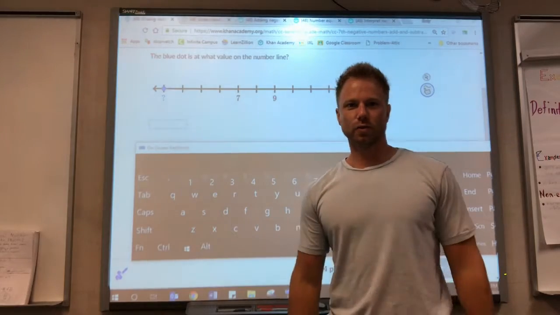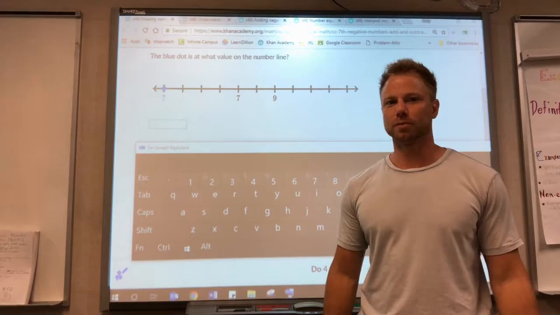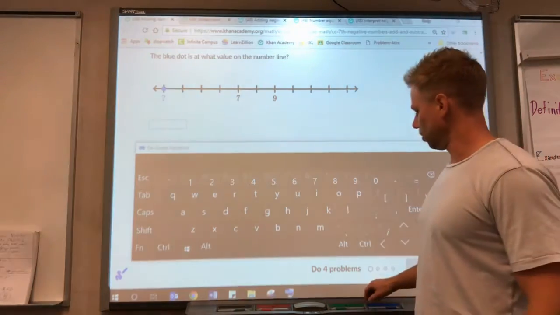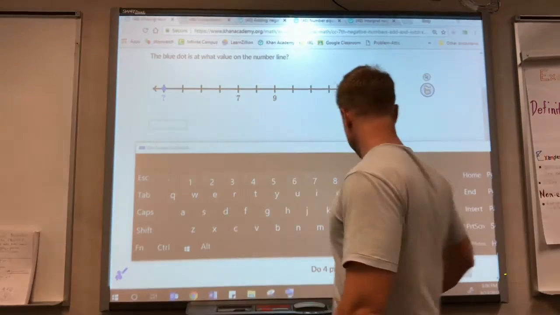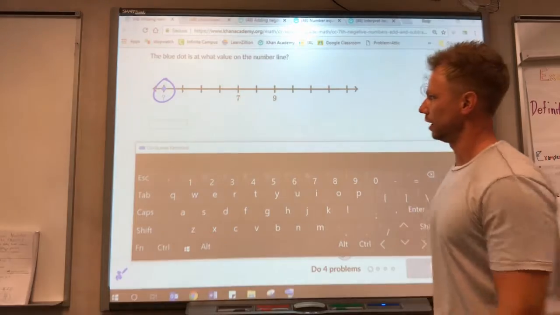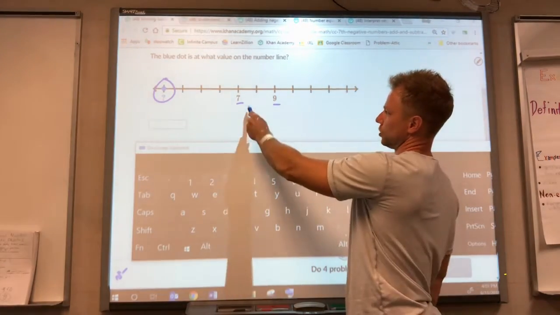Hey, 7th graders, we are working on some practice for Objective 4 in rational number arithmetic. So we're going to look through a few examples. What we need to do here is figure out what the question mark is over here on the number line. We can see we have 7 and 9, which is